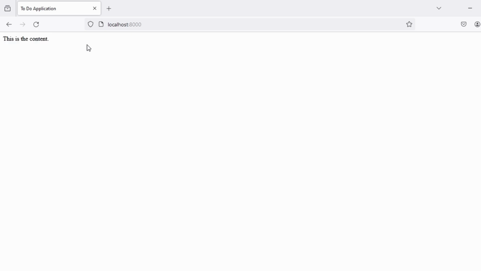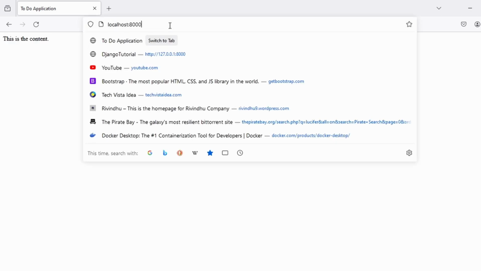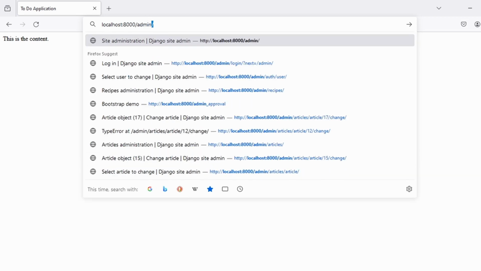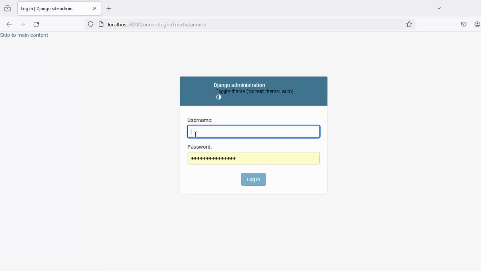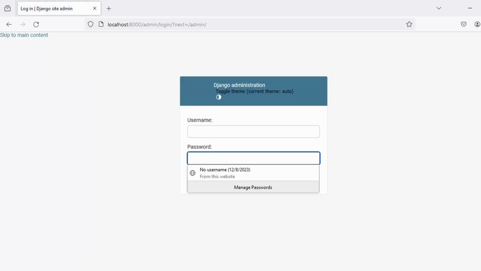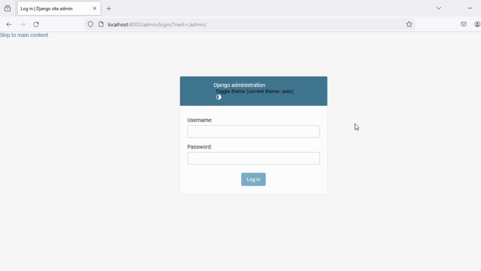Now I'm going to show you a very interesting thing. If you type /admin and press enter, this will open up a login interface. This is the user interface for the admin to log into our admin dashboard. So if we type a username, for example admin, and password testing321 and hit enter,